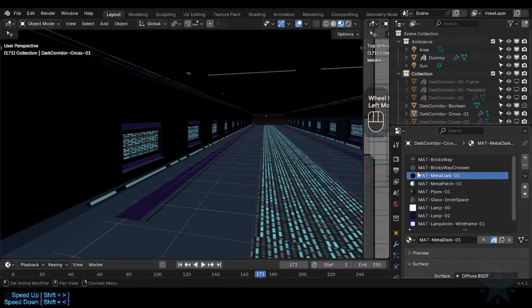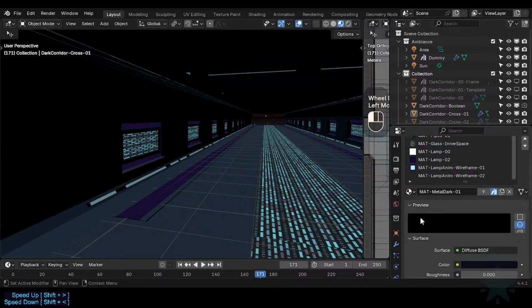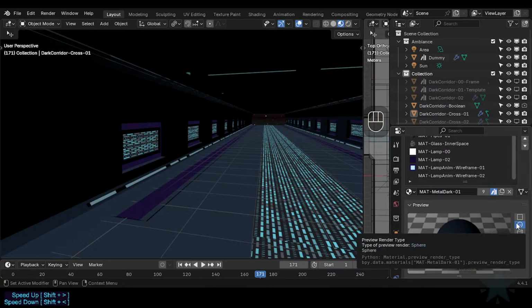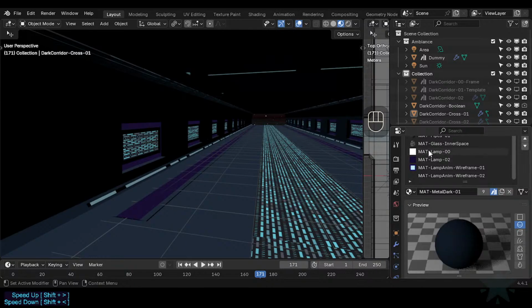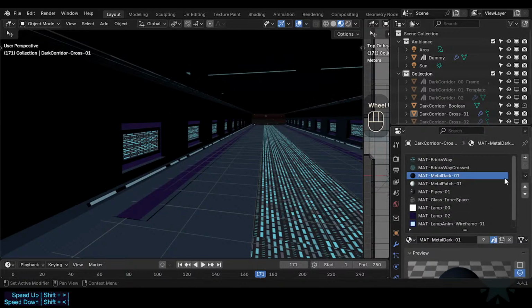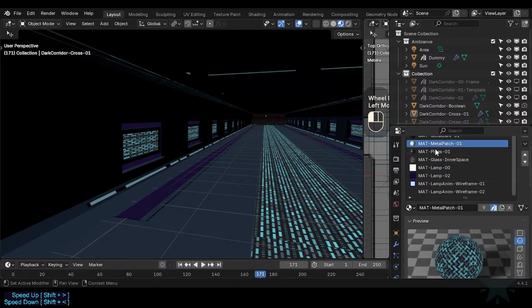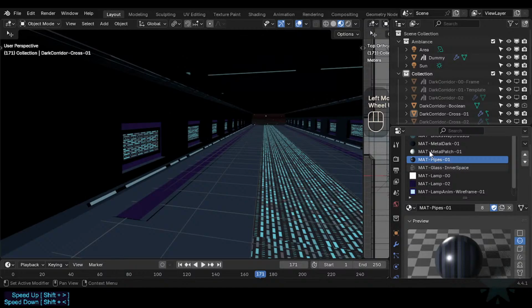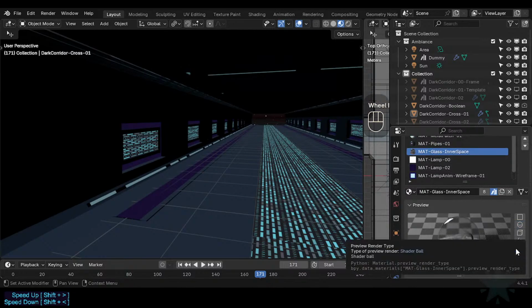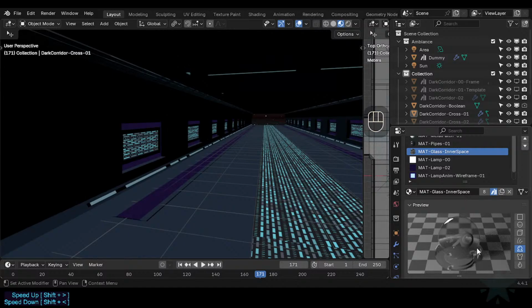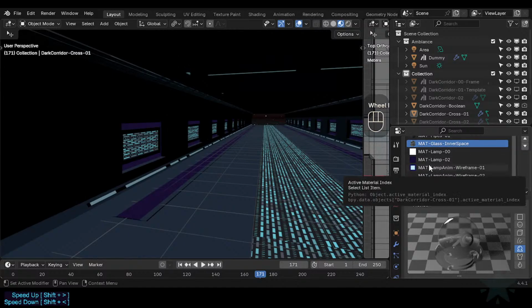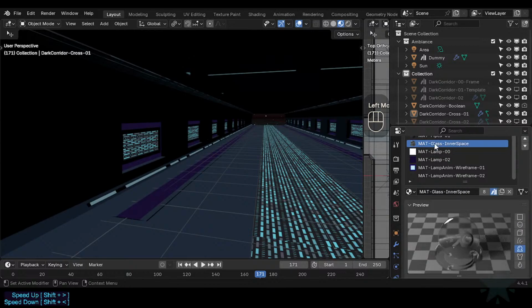I give each one of these a different type. So this is the preview render type sphere. So sphere for all these sort of materials, physical materials that are more solid stuff, and metal and wood, I don't know. Then glass has this thing here, which is the Blender logo, I think, on top of a crystal ball. So glass stuff here, and